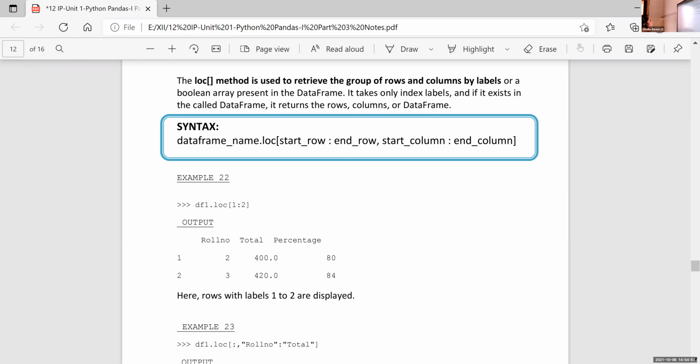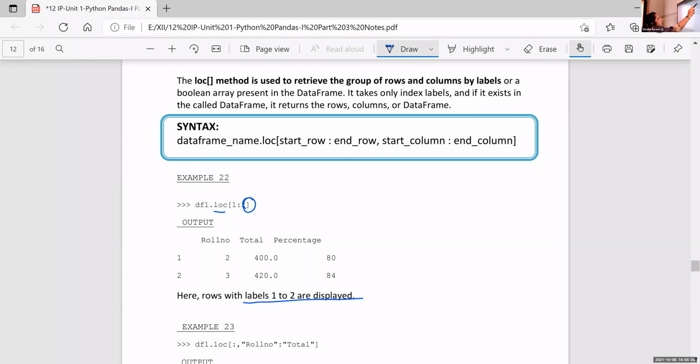When we use the loc function, it will include this 2 also, the stop value also. So 1 colon 2 means the first row is displayed and the second row is also displayed. Rows with labels 1 and 2 are displayed.